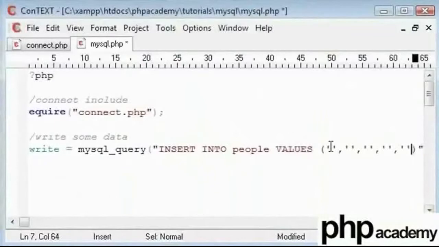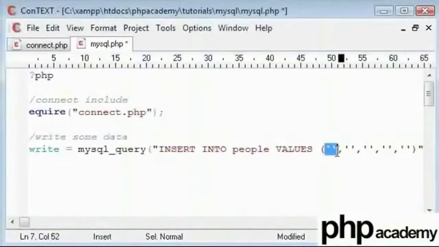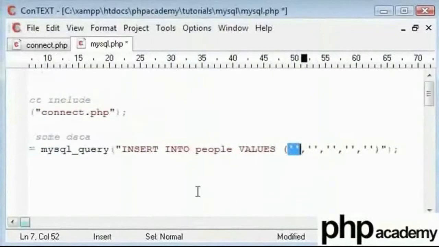So we've got 1, 2, 3, 4, 5. There are 5 fields, so we need exactly 5 pieces of data written here. We need the ID, first name, last name, all the way down to gender. These are created using single quotes, each separated by commas. The reason we don't use double quotes is because we've got these at the start and end over here. We don't need to insert our ID here.